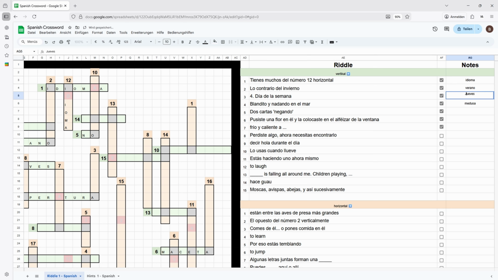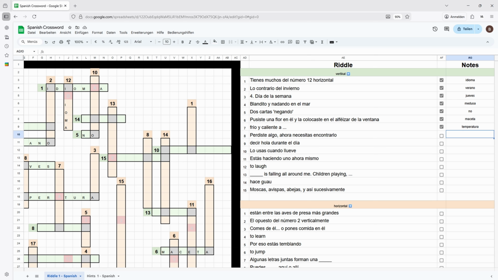Why did I write that one big? Maceta. Temperatura. Okay, so we write it here and then we put it in there. So, me diste algo